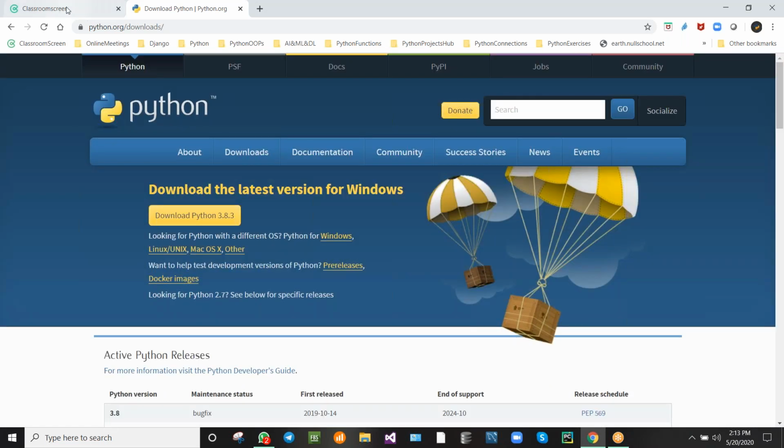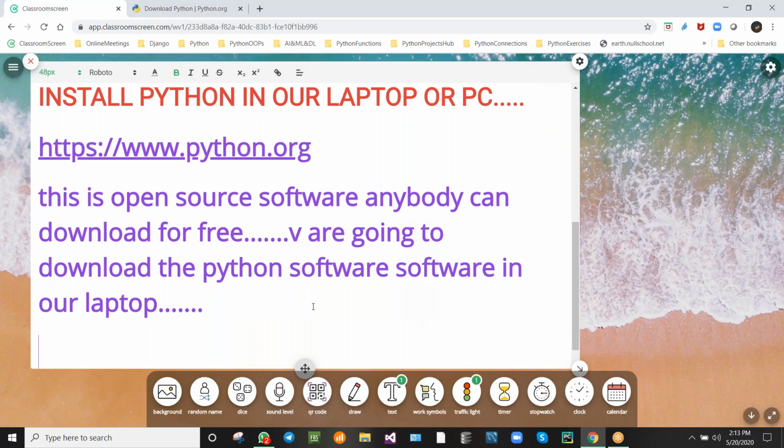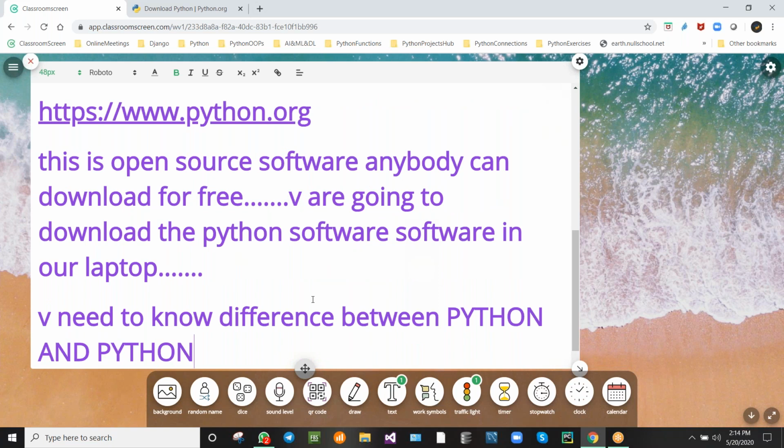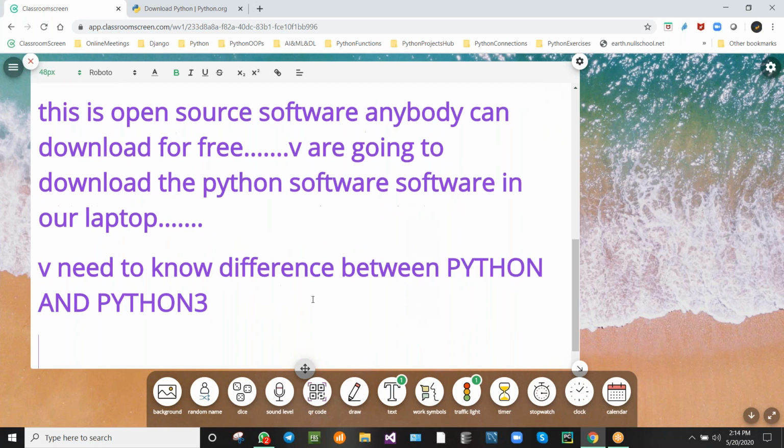Before that, we need to know one thing: the difference between Python and Python 3.